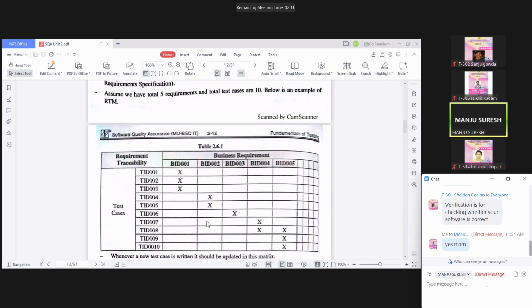So that way we are creating a table. Now why we do it? We are tracing, or here we are doing it to trace that each and every requirement has been tested properly. Okay, each and every requirement has been developed as per the criteria given by the customer.